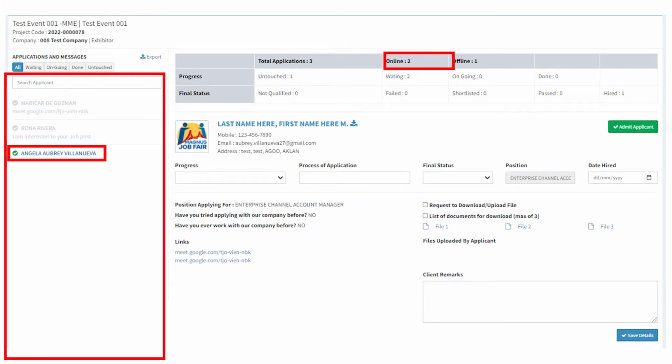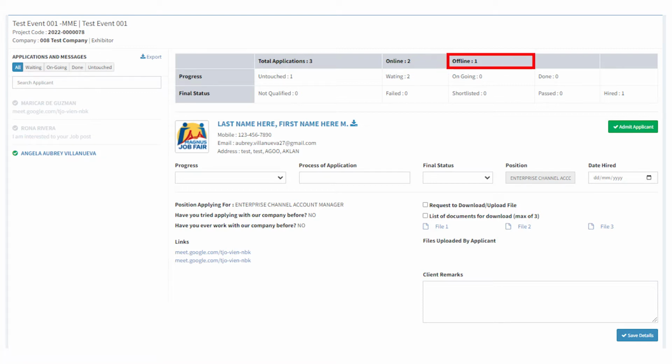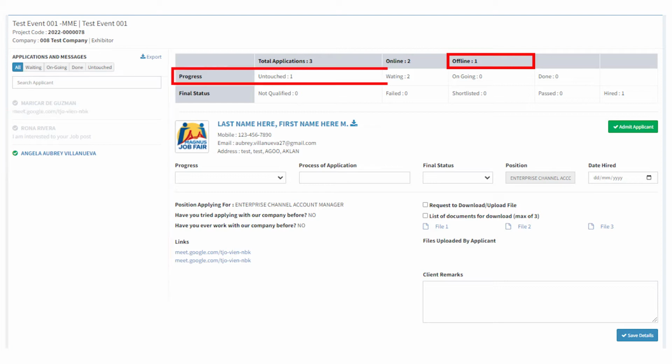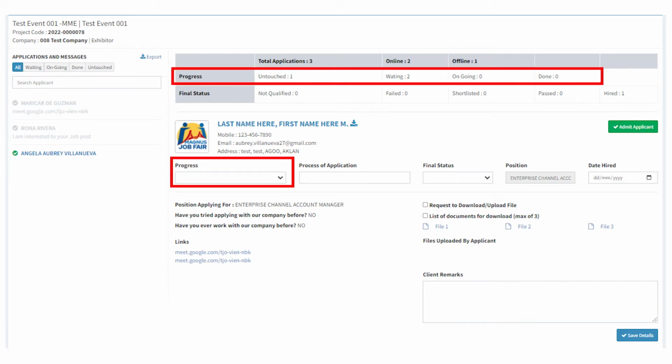At the Messages section, if you see a green dot, that means the applicant is online and inside your virtual room. Offline status. Here you will see the number of applicants who are offline. At the Messages section, if you see a gray dot, that means they are offline and not inside your virtual room. Progress status. This should be done manually by the recruiter users, or if you avail the major minor sponsor or the exclusive virtual career fair event,